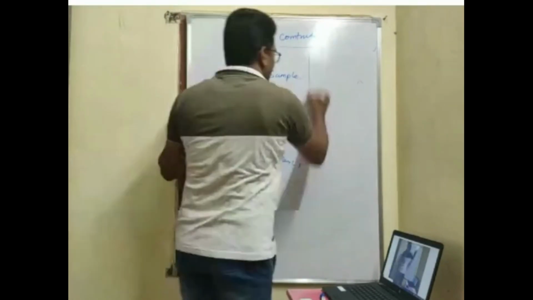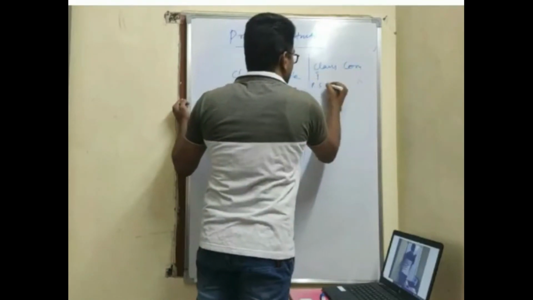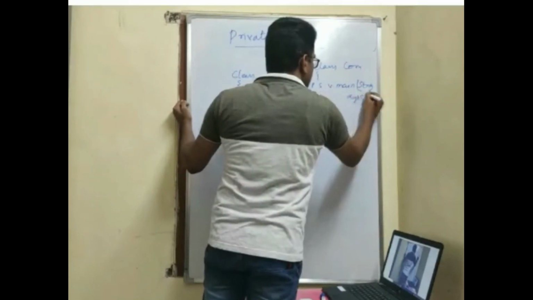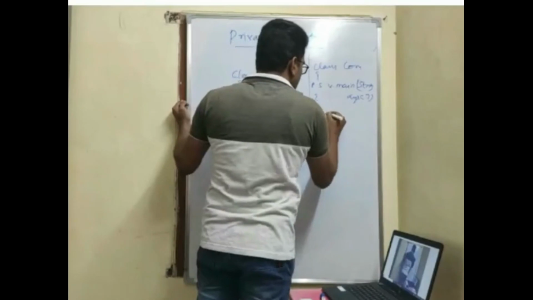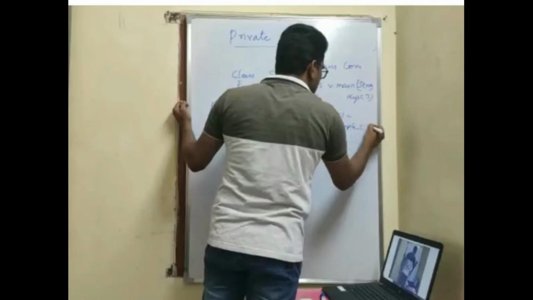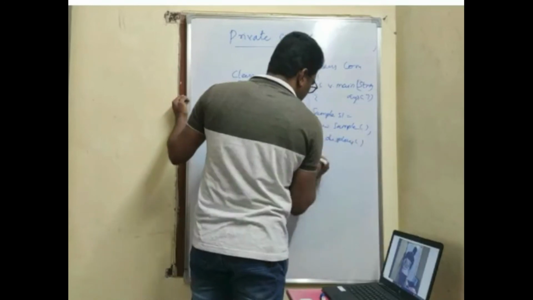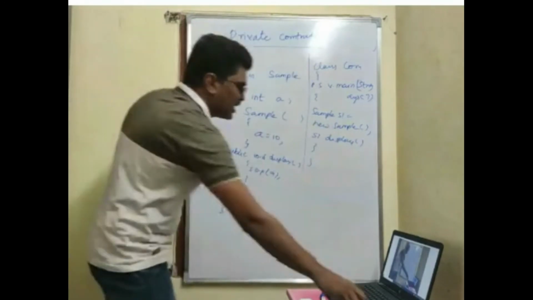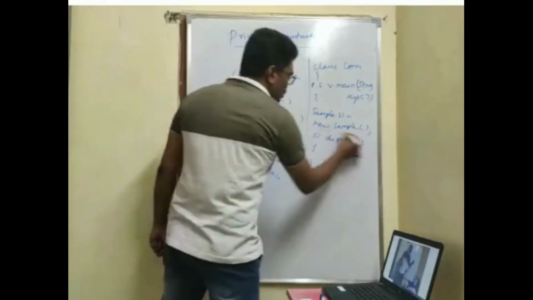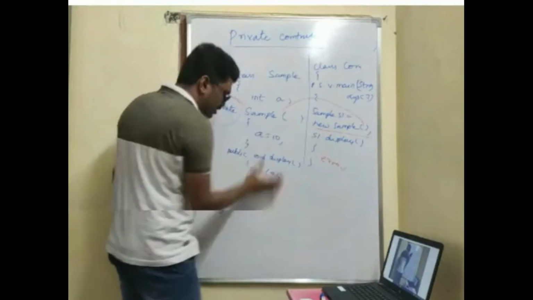Suppose I have my main method here, in a class, say con: public static void main, String args. If I say Sample S1 is equal to new Sample, S1 dot... Everything is the same as what we have seen previously, but I just added the keyword private. Now, will this work? Whenever you do this, you will get an error that the constructor is private. You cannot access it outside of the class.